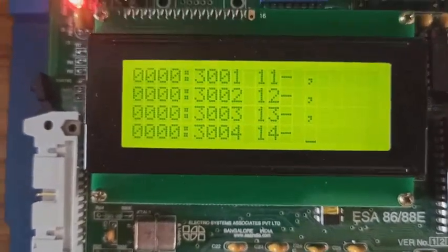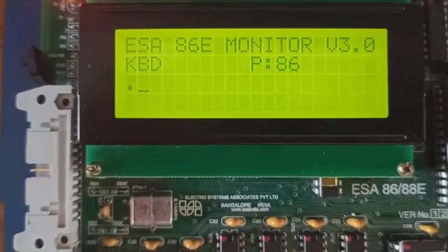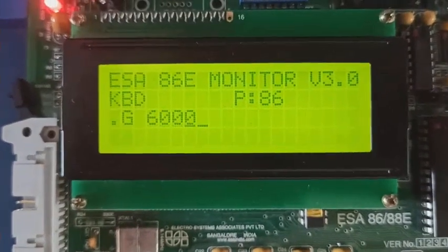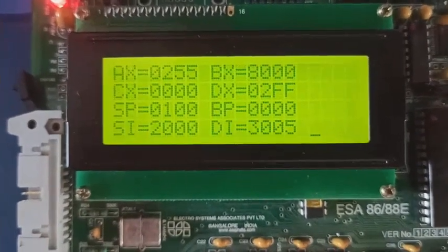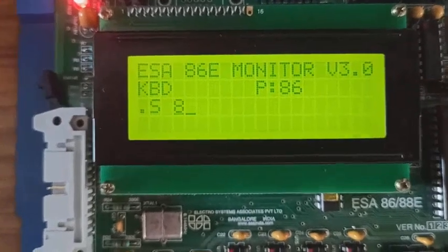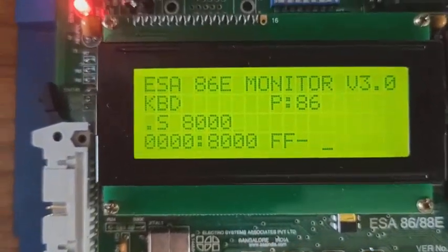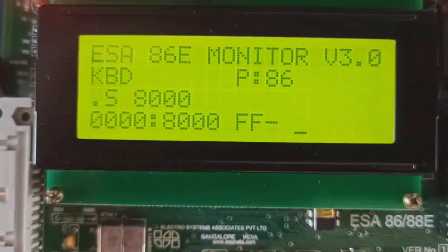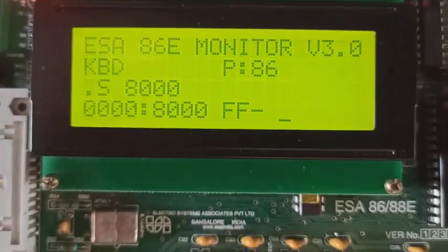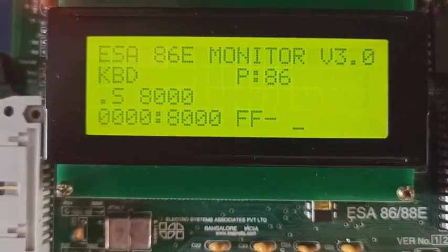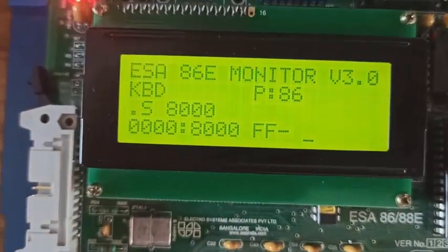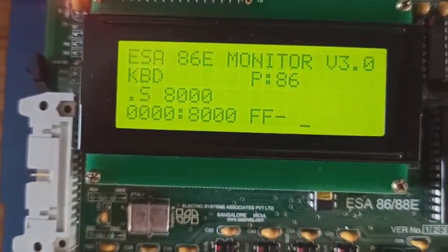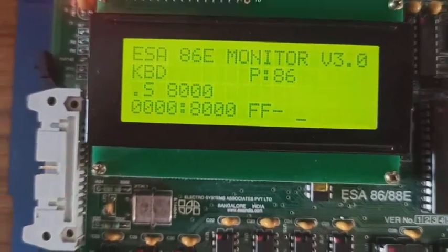If we execute now using the G command and check the result in S 8000 memory location, what do we get? FF, which indicates that whatever data we are scanning is not available in the given string data.